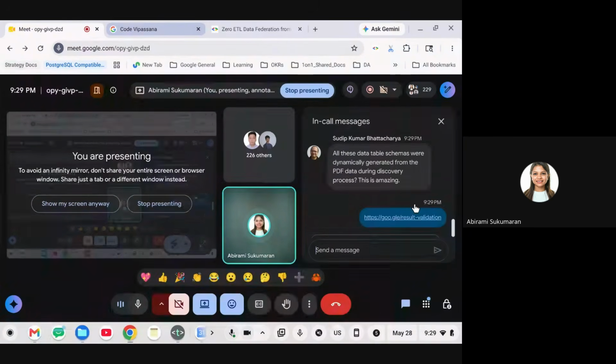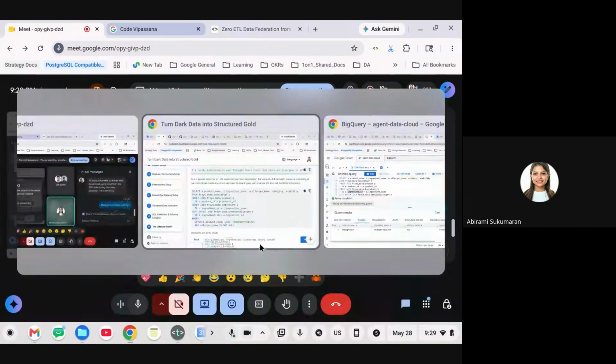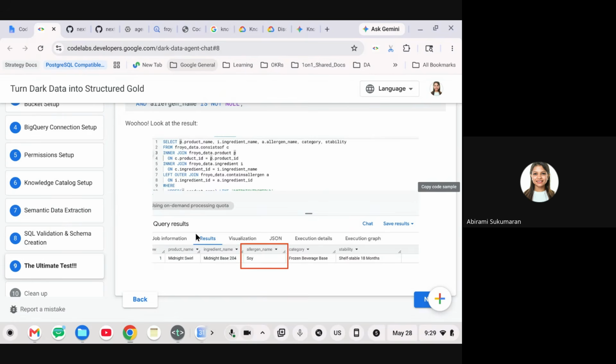Yeah, all these tables and relationships were dynamically generated. I was mind blown too the first time I was using this. So what we essentially did so far is we took 400 PDFs. You can add 4,000. You can add however many you have. We can literally transform how we've been handling files. If you are working in retail, or in the food industry or edtech, you will know the pain of having documentation work to be handled and answering Q&A.